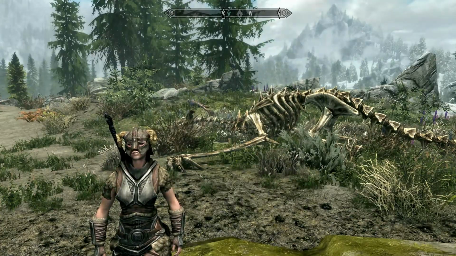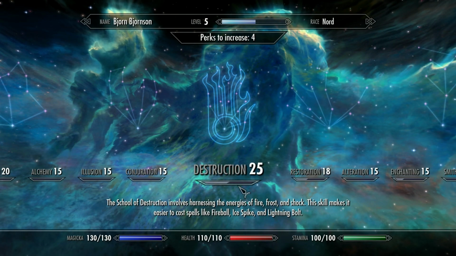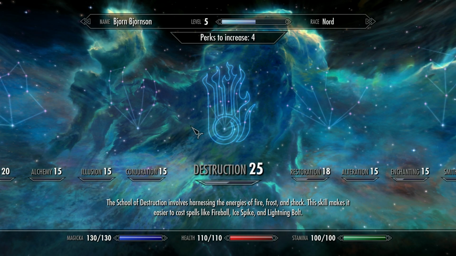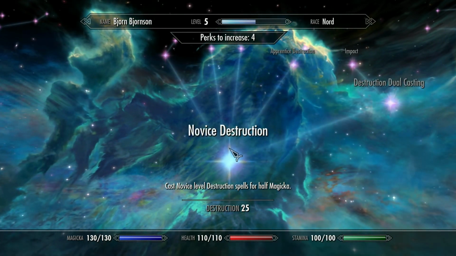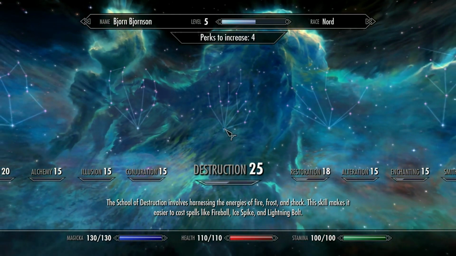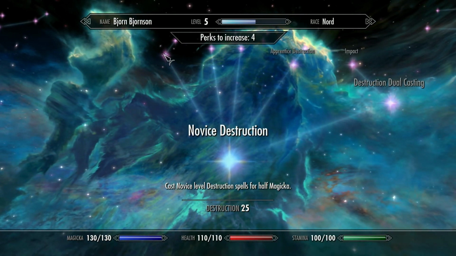And not only that, I learned that I still have some perks to spend. Even though I spent my level ups on magicka and health, I have perks like the destruction perk. So right now I'm novice destruction. I can cast them for half magicka. And then there are...